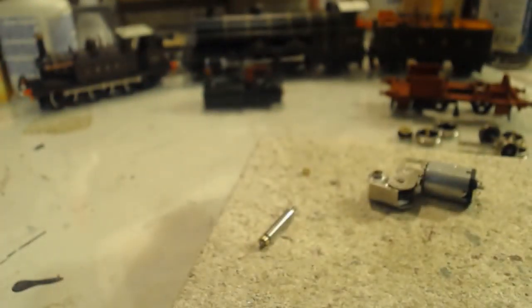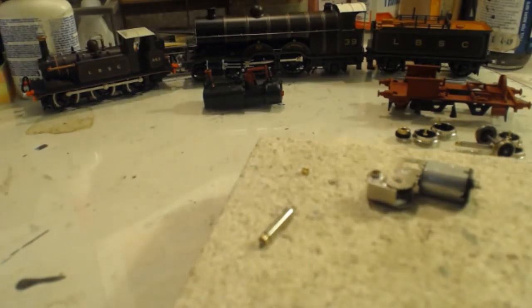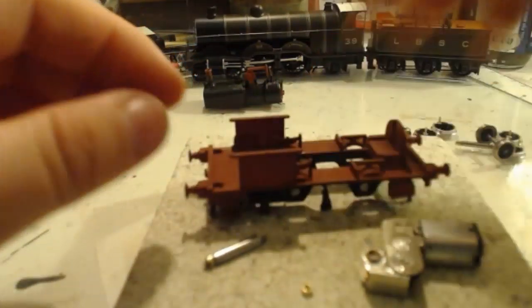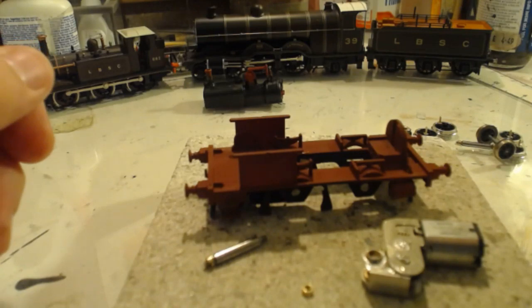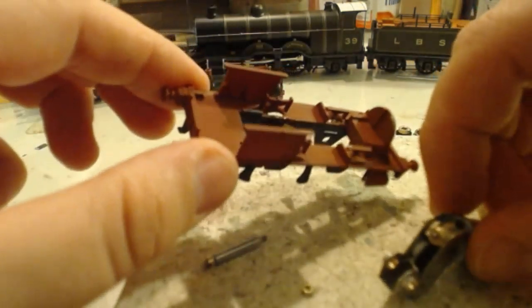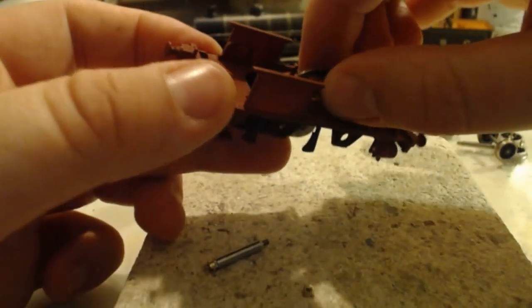So we're now actually at a point where we can fit the driving wheels to this. Exciting times, ladies and gentlemen. Exciting times. We can get all the wheels fitted, we can have the motor on. Tell you what, this is not going to be the most fun job ever. Because once that is in, and the axle's through and the wheels connected,